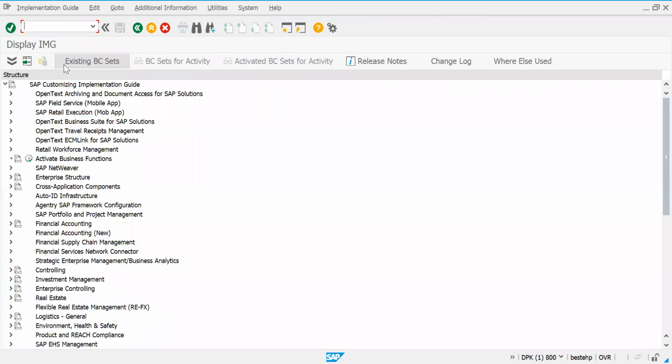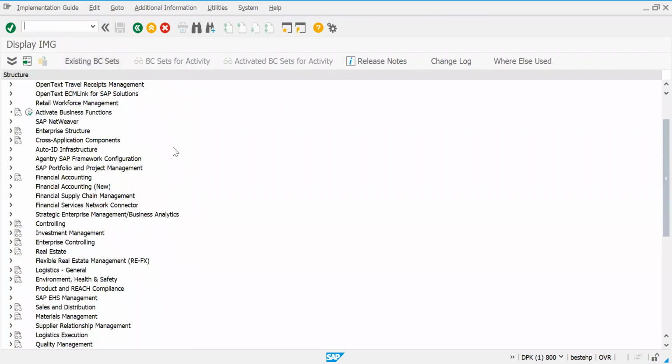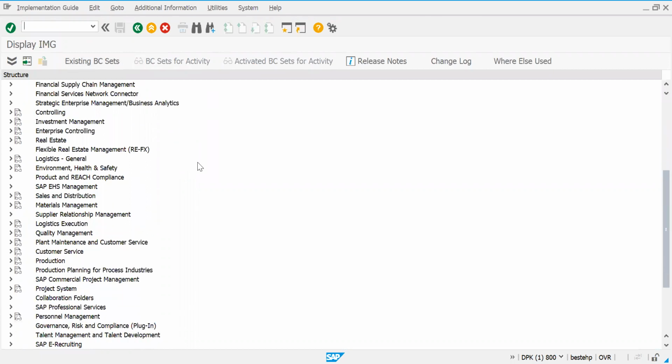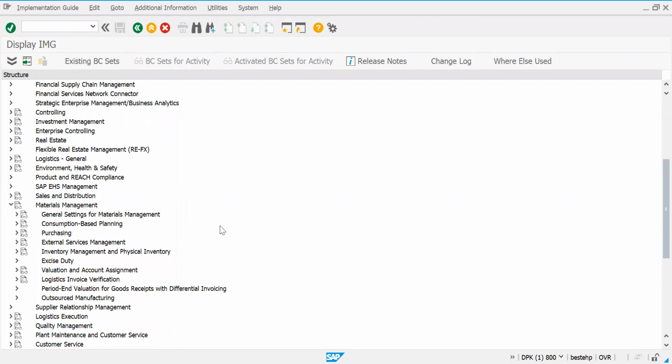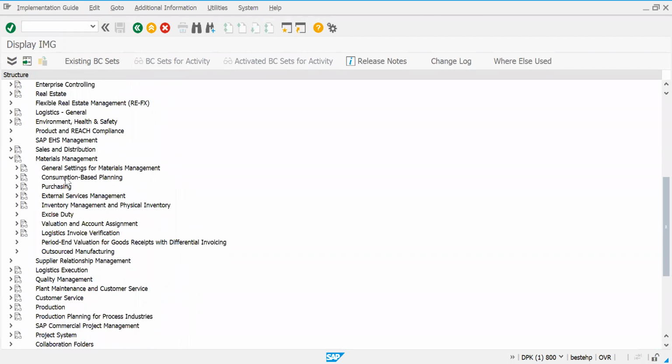We are SAP MM people, and we are going to work here in materials management. You see here, these are the topics we are going to work on: general settings, material management, consumption based planning, purchasing, external services, inventory management, excise duty,